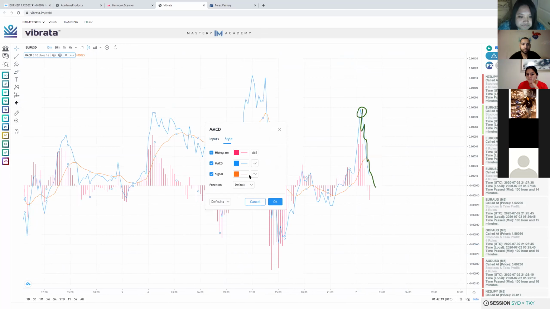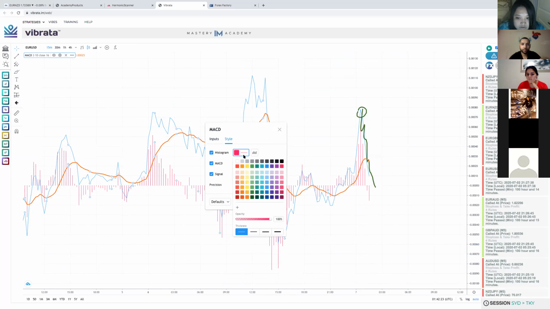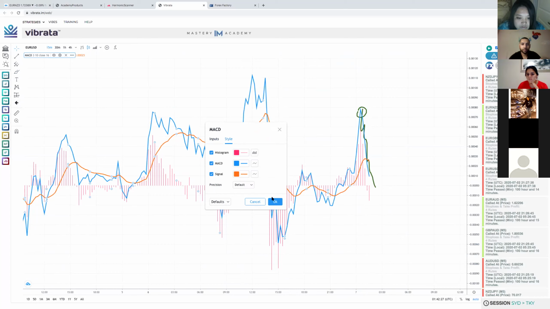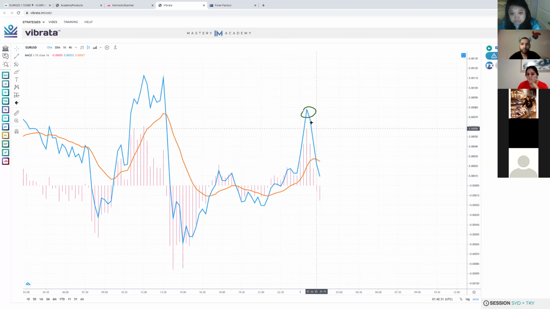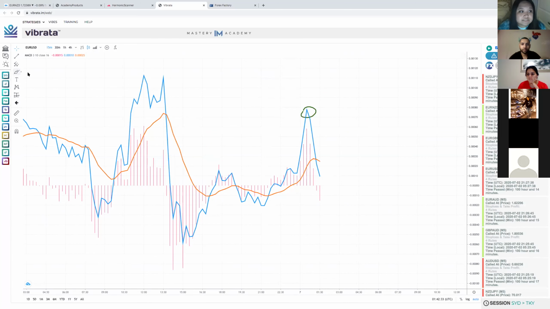Okay, all right, I think it's better like that. Let's see. Okay. All right, so y'all can see right here, right? Let me just delete this green. Okay, so what I'm trying to see is this blue line coming towards the orange line, and y'all can see